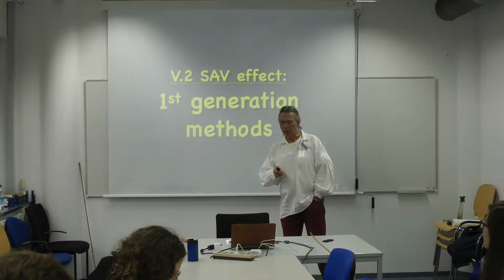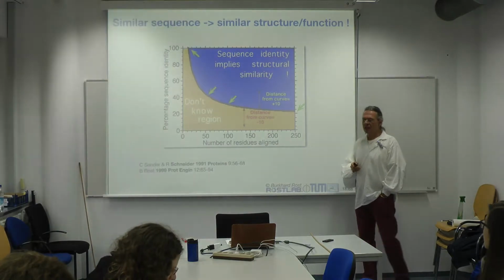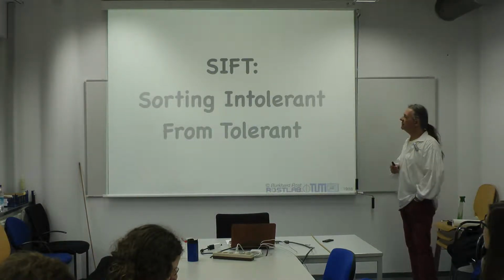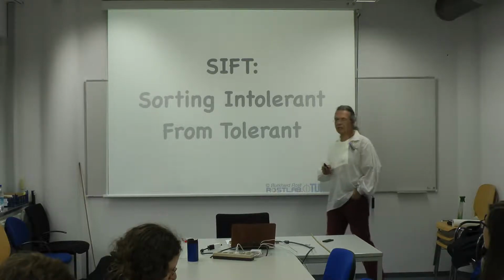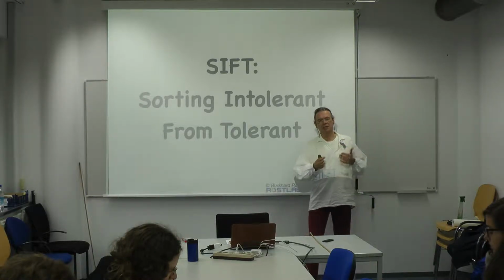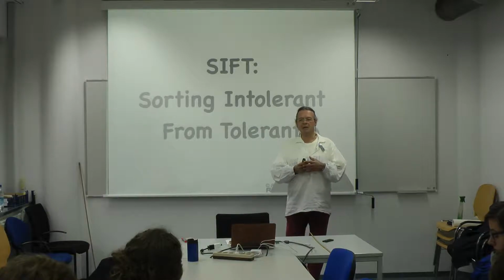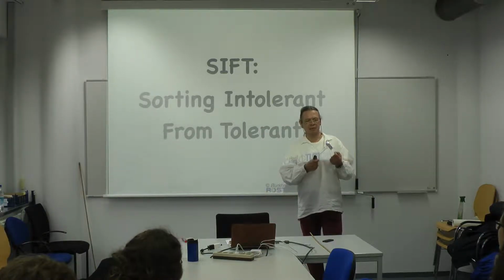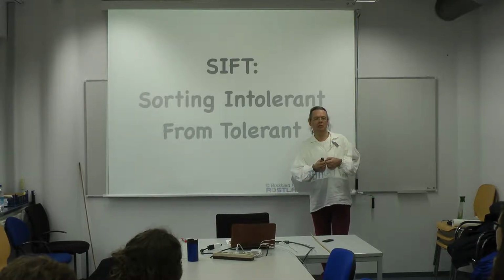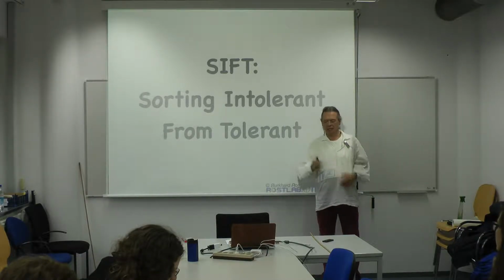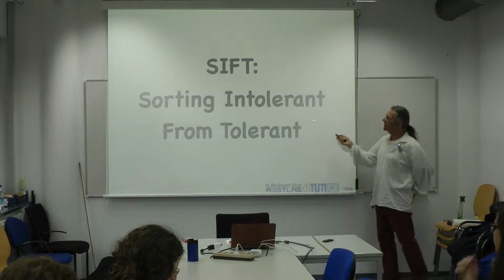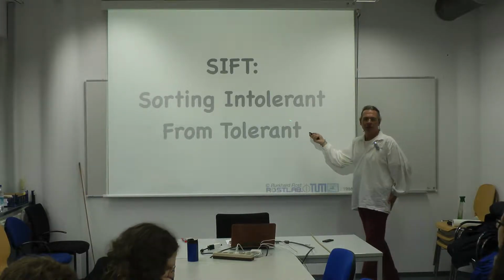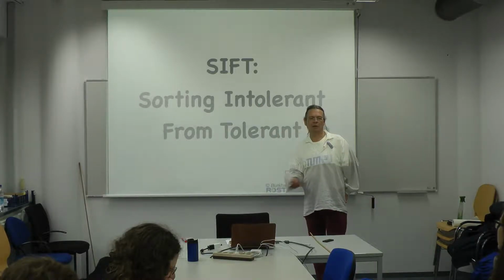so the SNPs that change the amino acid. And the first generation methods, as we already briefly discussed, the simplest idea here is SIFT, where we essentially say that if that variant is similar or is in the BLOSUM matrix something that is accepted, we take it as neutral. If it is not accepted, we take it as non-neutral. That's essentially why SIFT is called sorting intolerant from tolerant. So not accepted, effect; tolerant, neutral.